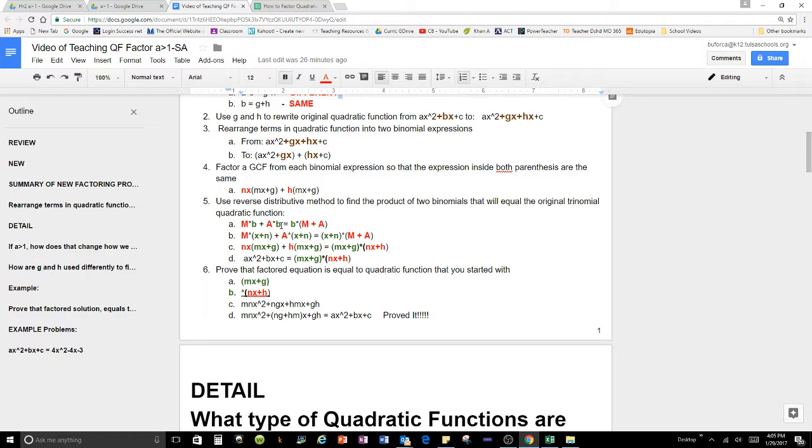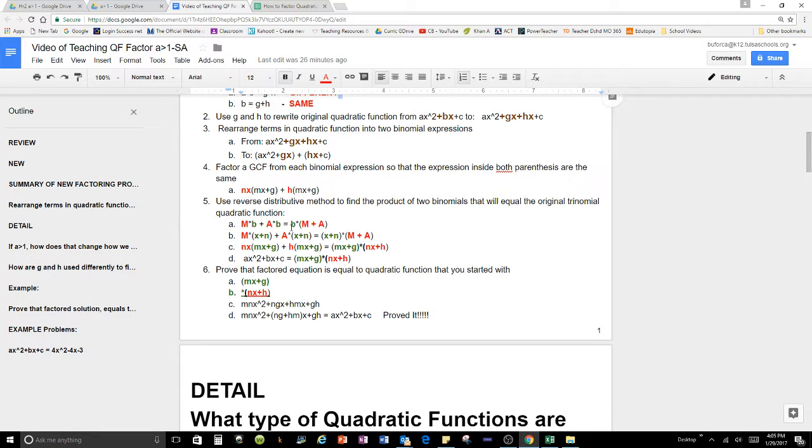What you can do is pull that b out of that expression. See, we're pulling the b out. And you can pull it out because the b is common to both of these terms. B is multiplied by m and b is multiplied by a. So if we pull b out,